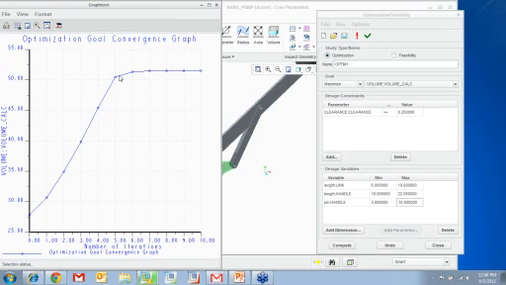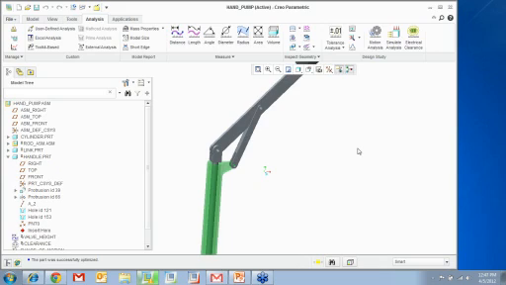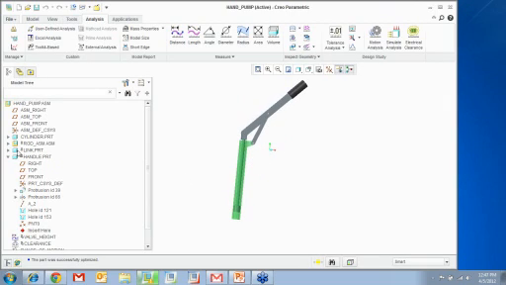Now, for this optimization to be successful, the most important thing is the sensitivity study, and also definitely modeling practice, because when you change a value over a range, you don't want things failing on you. By running the sensitivity analysis, I could get a proper range for these design variables. So when I say close and confirm, it keeps the new design variable values and changes them. So you can see